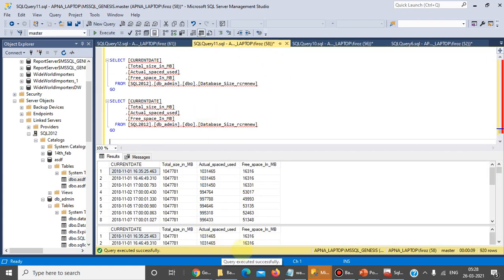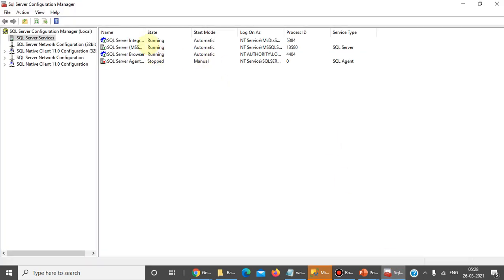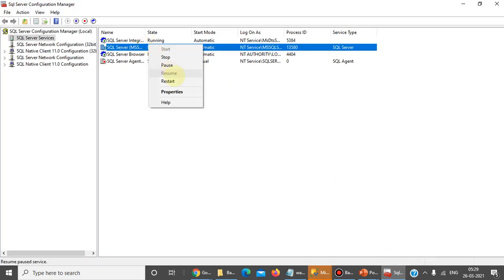We are unable to create that wait type environment, create that event of the linked server. Let's proceed once again. We will restart this